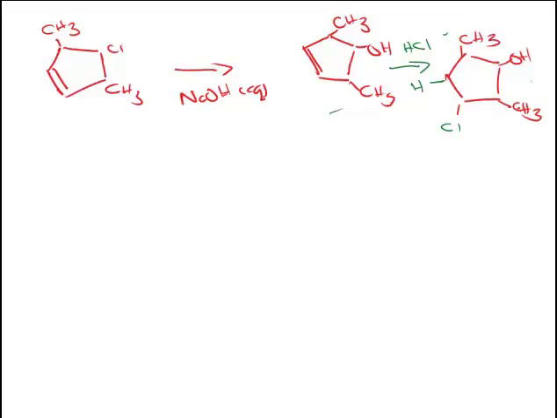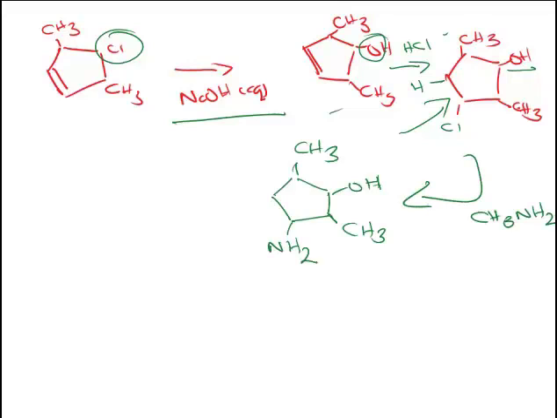Right, so this is substituting the Cl here for an OH, and we're then adding across the double bond here with HCl, and I've left the OH here. Now it's possible we could oxidize it here. I'm leaving that. Obviously I already know what the answer is going to be, but it wouldn't be the end of the world at this stage if I did oxidize it and then have to come back and change it, if you have a basic understanding of what's going on. Okay, now if we carry on,